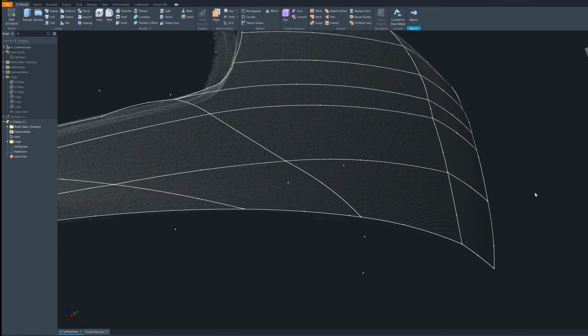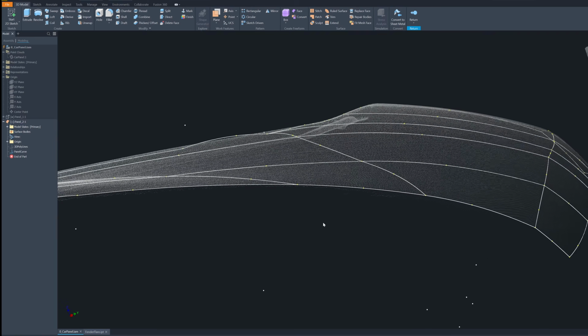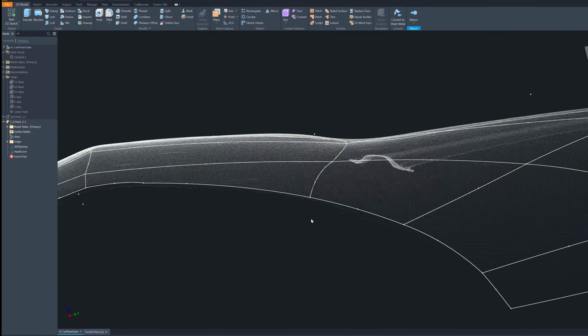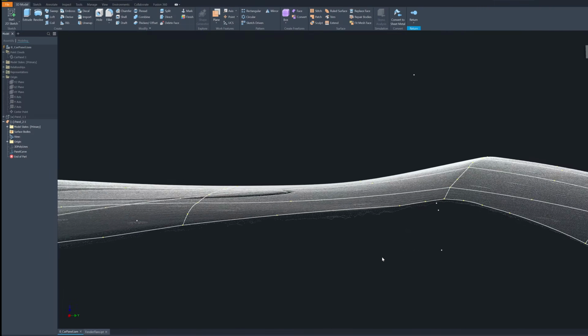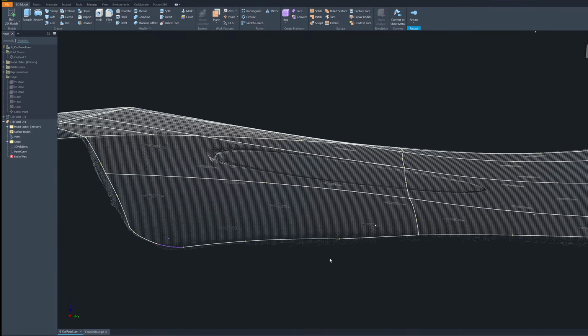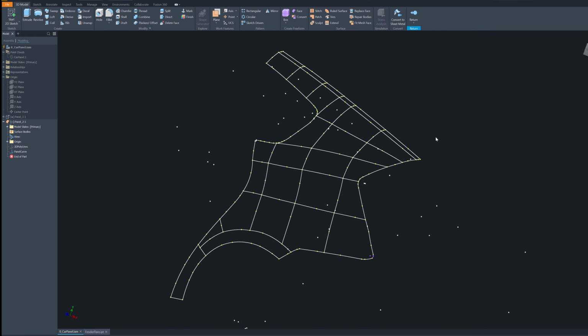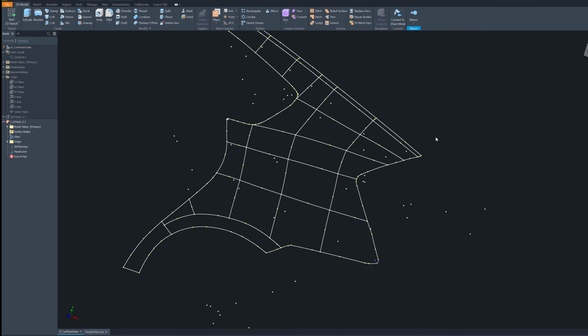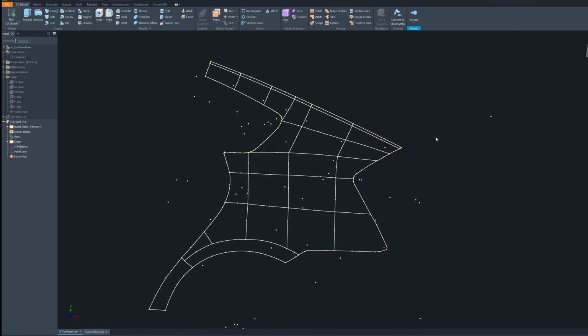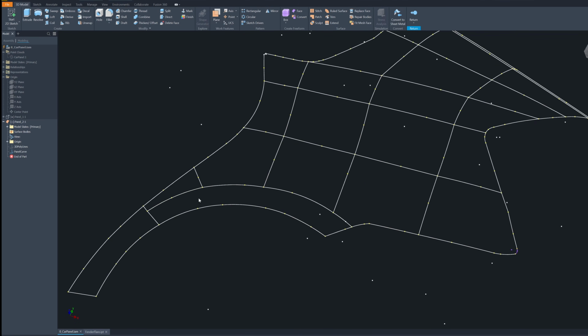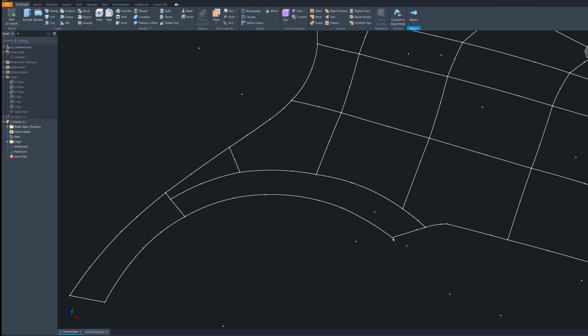All we have to do is check if it is sticking out from the point cloud. So you can see here, nothing is sticking out and it's flush with the point cloud. If I turn it off, see here we have 3D lines that can be used for creating a surface. Before that, if I want to create a fender flare here,